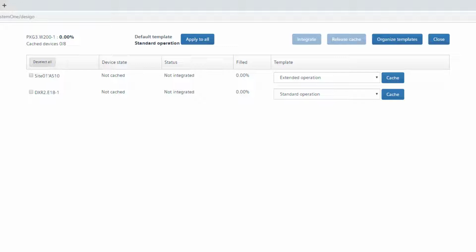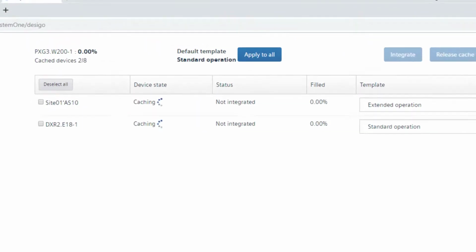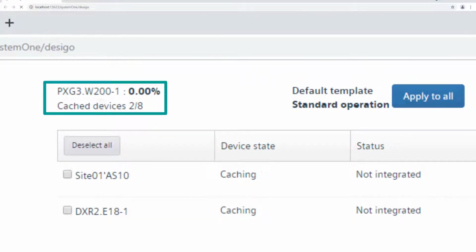It would be possible to edit the existing template, but this operation is not recommended, as those changes would be persistent in case, from HQ, some updates on the default templates would be performed. However, it is possible to create customized template, starting from default ones. To do that, it's firstly required to cache the device in order to read the content. So, click on Cache. A maximum of 8 devices can be simultaneously cached.